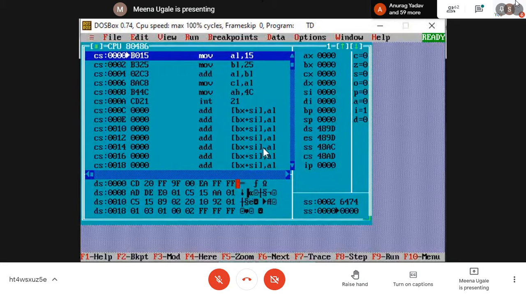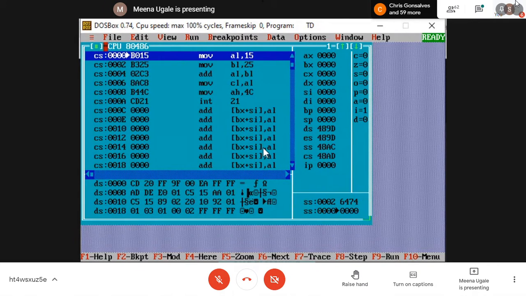This is not going to give you any output as other languages give you in a GUI, graphical user interface. Here you don't have that. You are supposed to observe the contents of registers, and that will tell you whether your program is giving the correct output or not. Right now, our instruction pointer is sitting on the first line of my instructions.